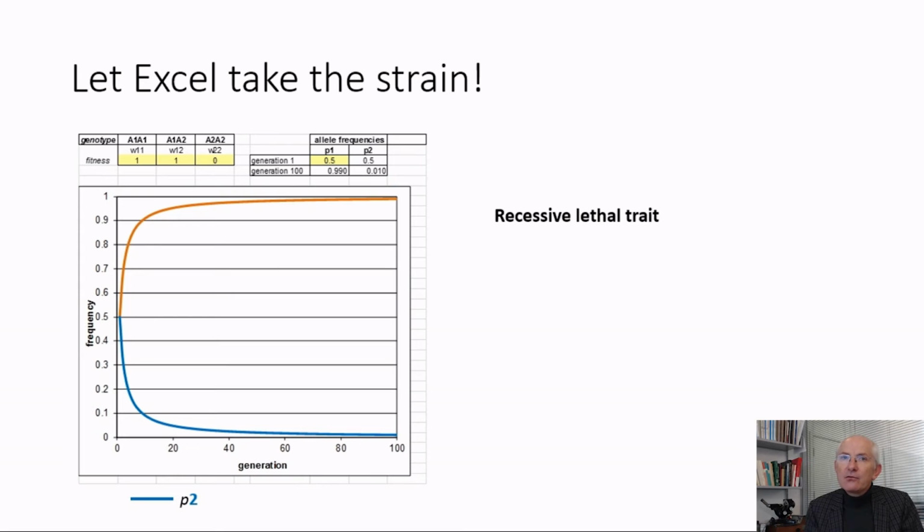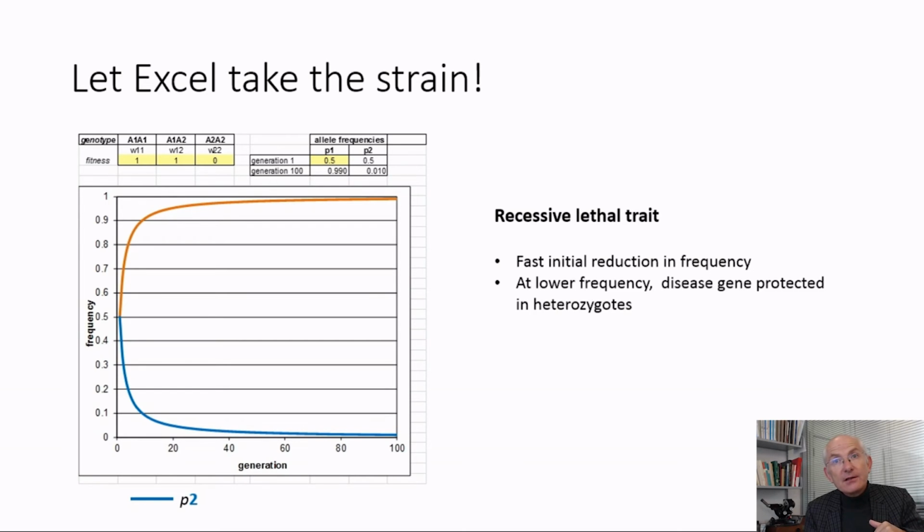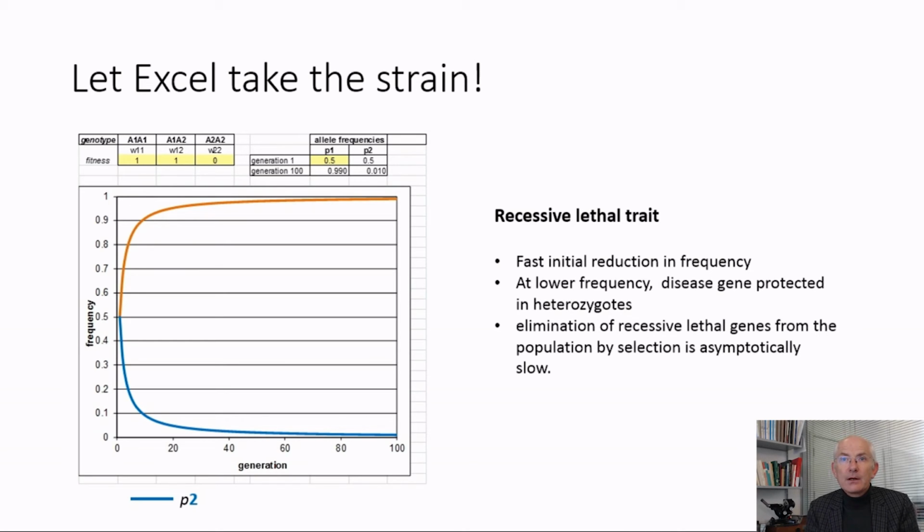So this tells us that for a recessive lethal trait of the sort we've been looking at here, there's a very fast reduction in the frequency of that allele at first, but as its frequency drops, the rate at which it drops away falls. And that's because at low allele frequencies, most of those alleles are present in heterozygotes whose fitness is just fine. And it's only when that allele combines, increasingly rarely, to produce homozygotes that they are exposed to the force of selection and eliminated. So the elimination of the lethal genes from the population becomes asymptotically slow as it gets lower and lower.